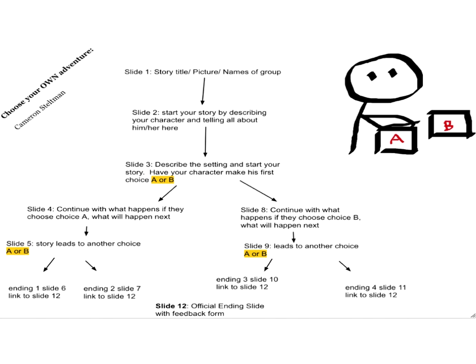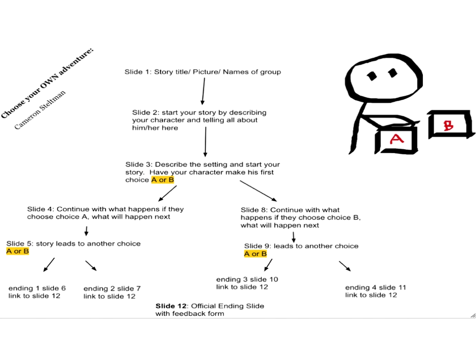So you start out on slide 1, we work through the title. You can put in a picture, your names of your group if you're doing it collaboratively. Joy of Google Slides is that you can work collaboratively. A lot of my students found they'd start out collaboratively, but then they'd have very different ideas about which ways they wanted to go with their story, so they all ended up doing their own. And slide 2, we start our story, and this is where we start building character, and we can talk about those things, teach to those concepts, and telling all about the character there.